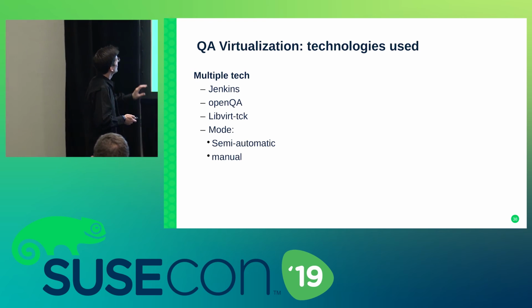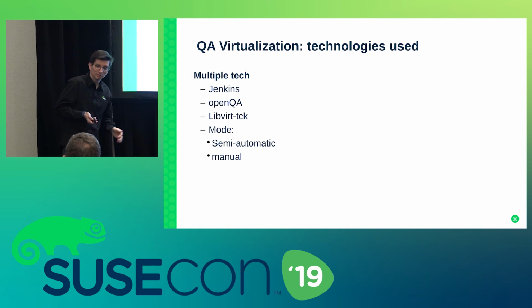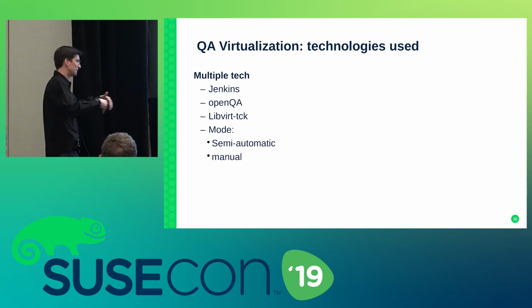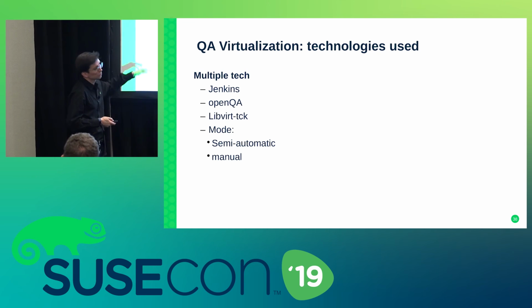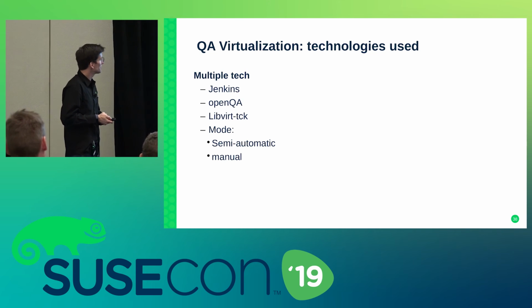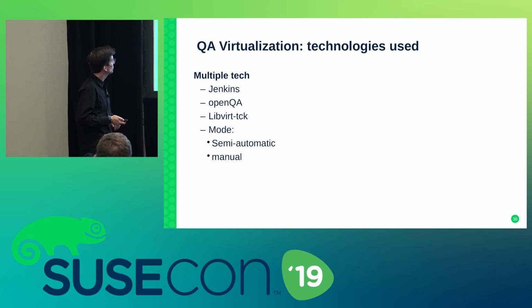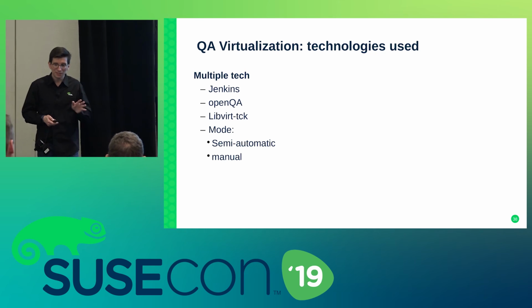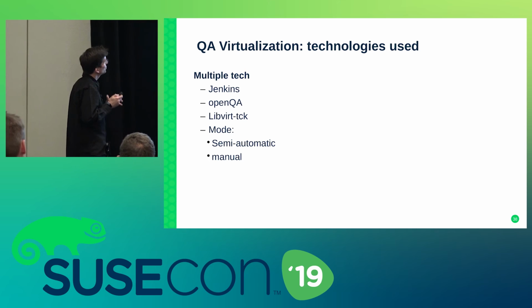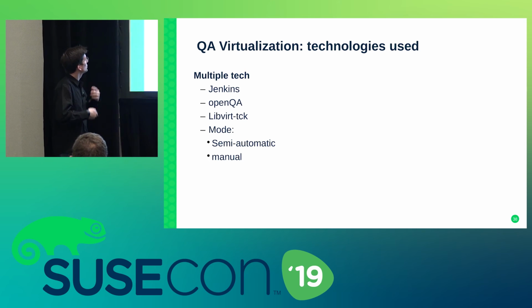So everything automatic is quite easy. You just push the button and say, do that scenario, and you just wait and you get the result. We are working to put everything in automatic mode, but there are sometimes some problems doing that. Everything dealing with virtualization testing is complex due to the matrix, so we are trying to improve ourselves.